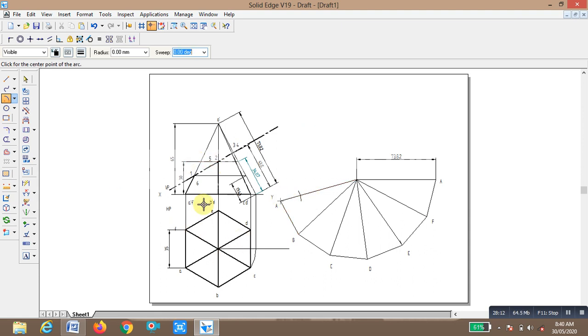Again arc by center point on C. What is the height on C? Again 34.07, same height on C. On C it is 43.5. Okay, height is 43.5, enter.